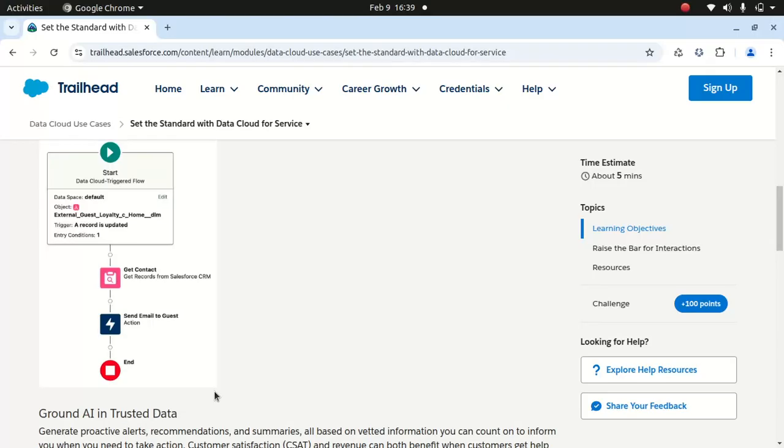So, as a consultant or as an architect, you should understand why you should recommend Data Cloud, right? Just don't recommend it because Harry is recommending it to some business, or Peter is recommending it to some other business, right? That's not the point. The point is, do you see a business case, or a business requirement, or a business need? If your business need involves bringing the data from different sources, running intelligence on it and making a decision out of it, yes, Data Cloud is a perfect example to go for.